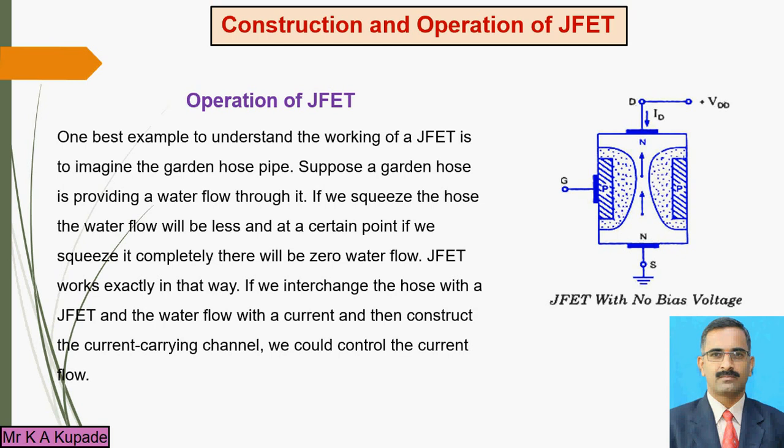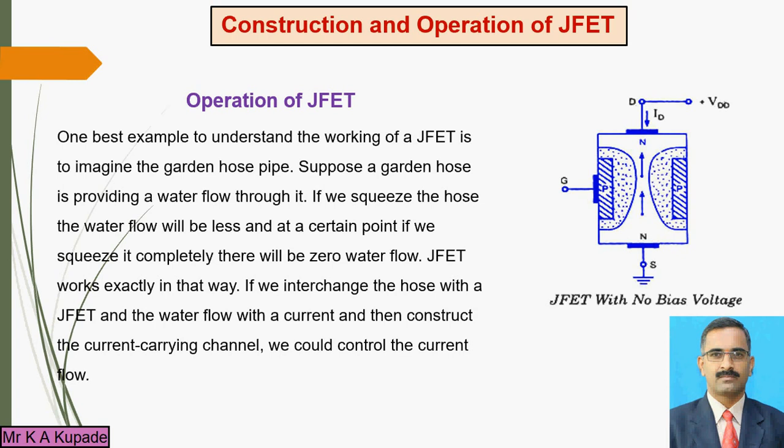Likewise, the hose pipe. Now, in the figure I have shown the exact construction of this JFET without any voltage at the gate terminal. Only the PN junction is there, having a barrier width, and that barrier width is constant. And in the ohmic region, in between, the flow of majority carriers from source to drain is as shown here.